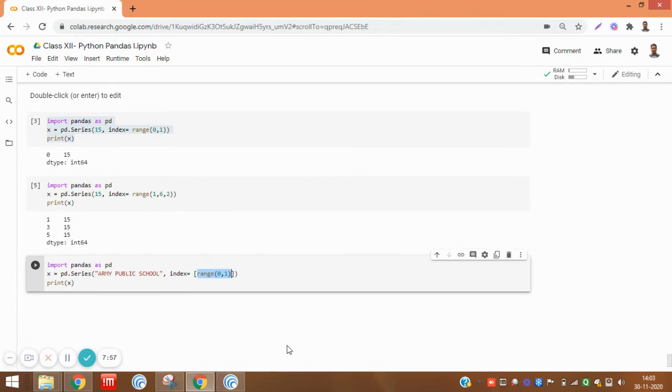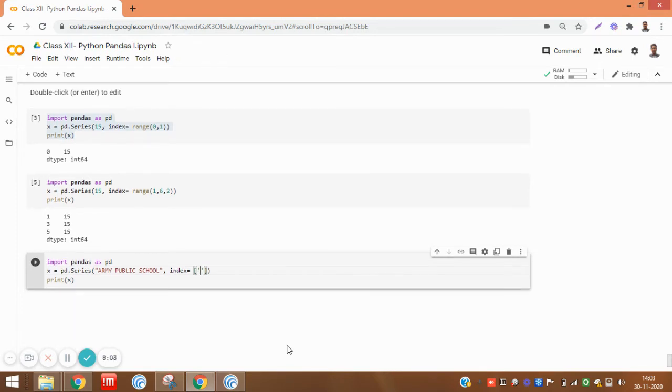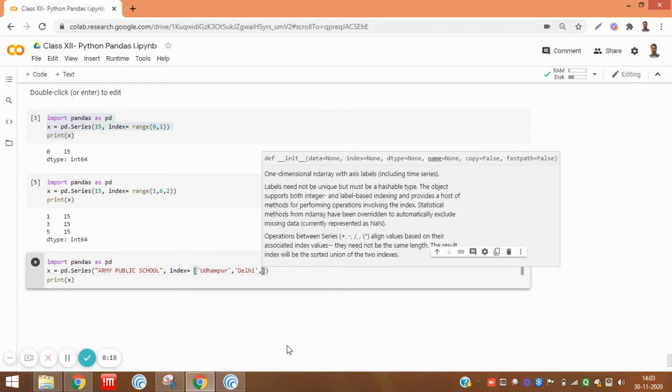We specify it with a list and give the city names: Udhampur, then comma, Delhi, then comma, Lucknow.